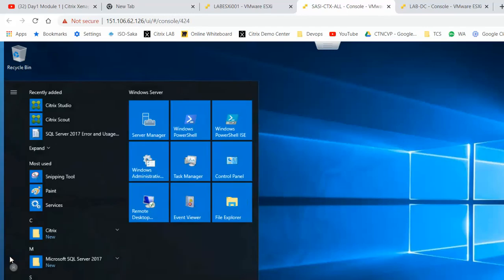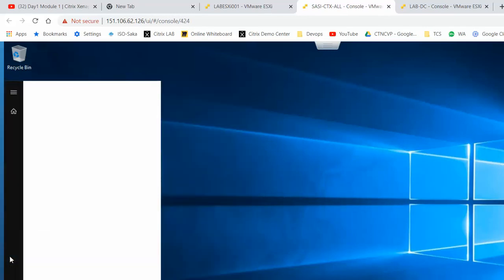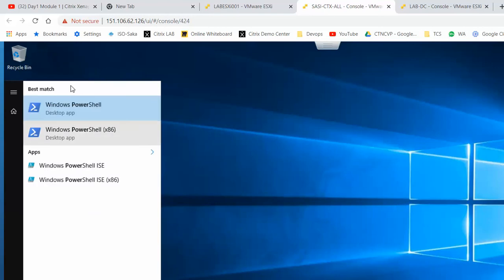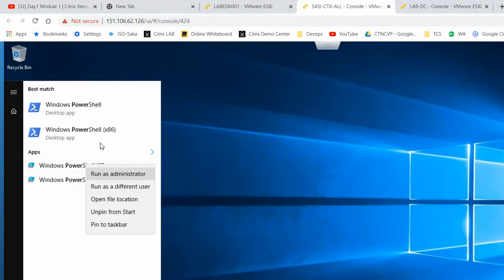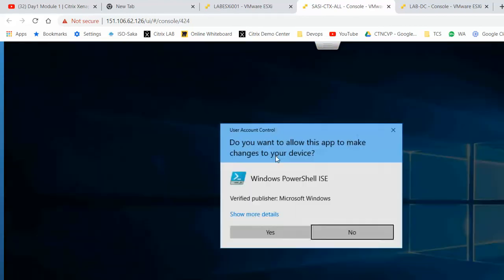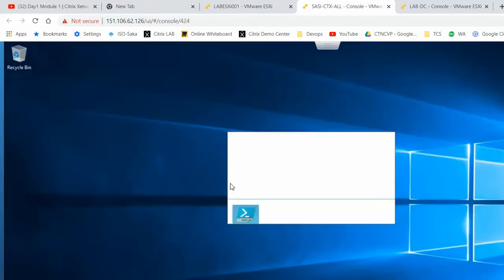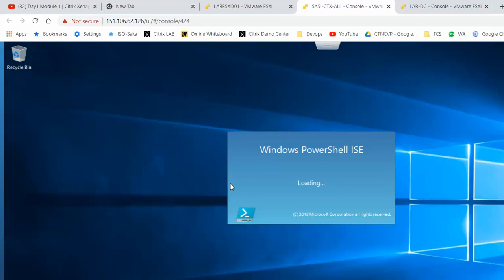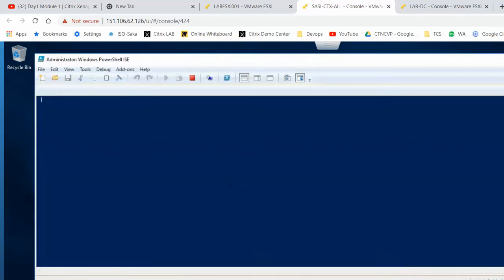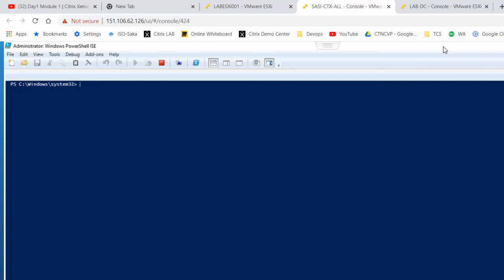Start, type power, and you will get PowerShell ISE. You can open either one. I use PowerShell ISE, run as administrator. ISE stands for Integrated Scripting Environment. I am using this as a console, and I am very comfortable managing with this console.